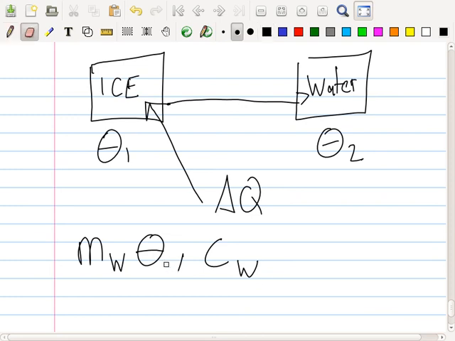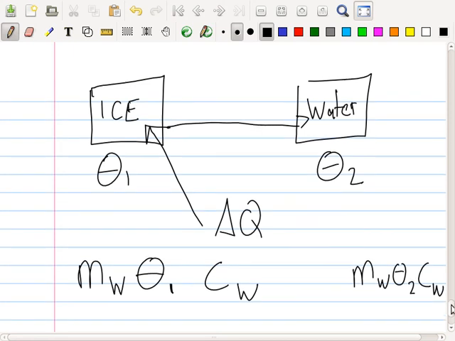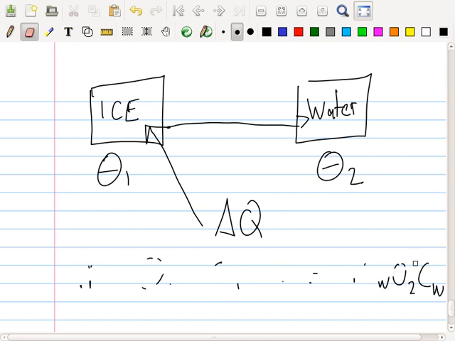And this actually will be θ1. And how much energy does this hold? Mass, water, θ2, this one here. This is how much energy is here. This is how much energy is here. They should be equal. Will they be equal? I don't think so. I think you need a plus L. What's plus L? Why? Okay, hang on, let's start again. They are the same mass and the same temperature and the same color. Okay. I understand. No problem.